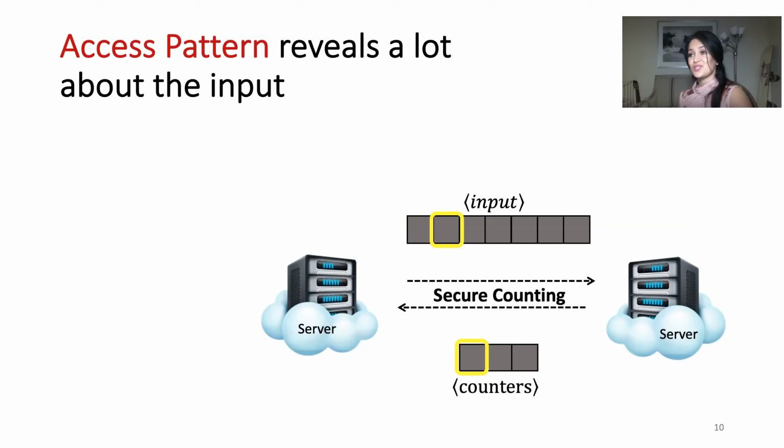If we look closer at the computation, even when we keep the input and the output private, they are either encrypted or secret shared, the computation servers still can learn a lot from the computation while accessing the data. As you can see here, the computation server accessed an array of secret shares, but still through the process they could know what the counter values are for each of those memory cells. So that's the problem of access pattern.